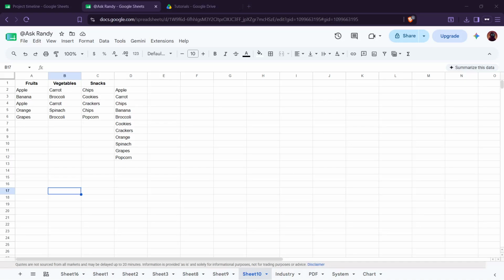In today's video, I'm going to teach you how to freeze multiple rows and/or columns in Google Sheets using freeze panes. If you work with large spreadsheets, freezing rows or columns can make your data much easier to read. It helps keep important headers or labels visible while you scroll, so you don't lose track of what you're looking